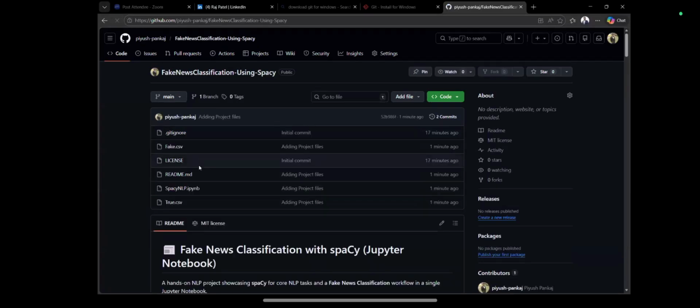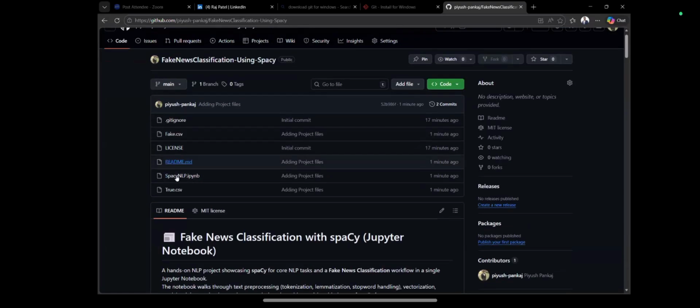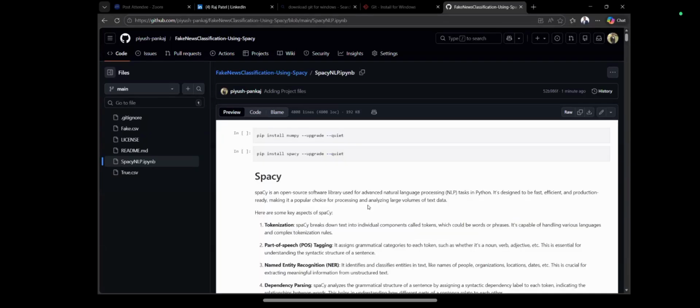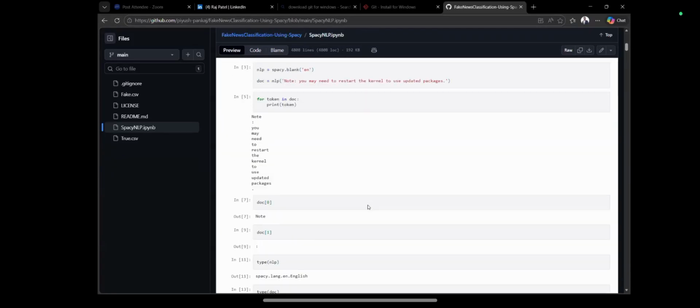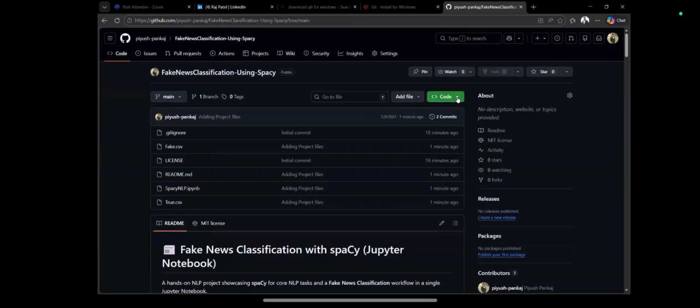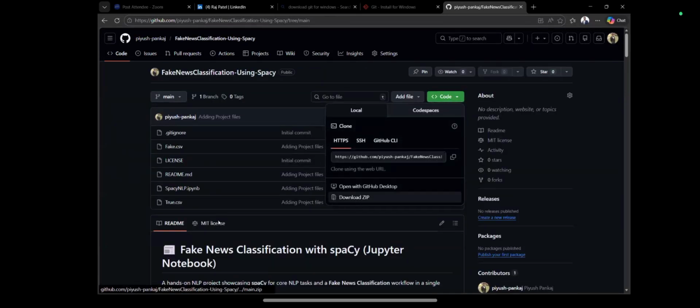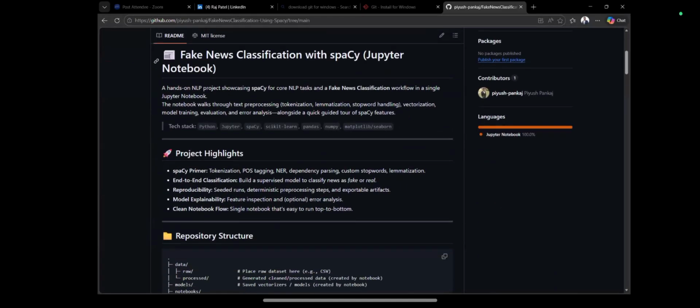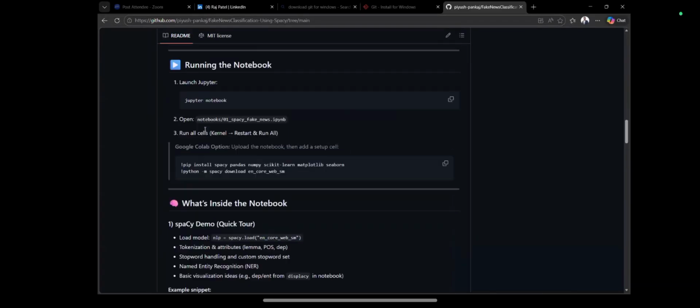And here we go. What I have got, guys, over here, I have got the files. You can simply see the file over here. Anyone can come and read the notebook over here, notebook of mine. They can see my work, what I have done over here. People can simply come on code and they can download my project from here. And the best part, I have the readme file that is having all the things.